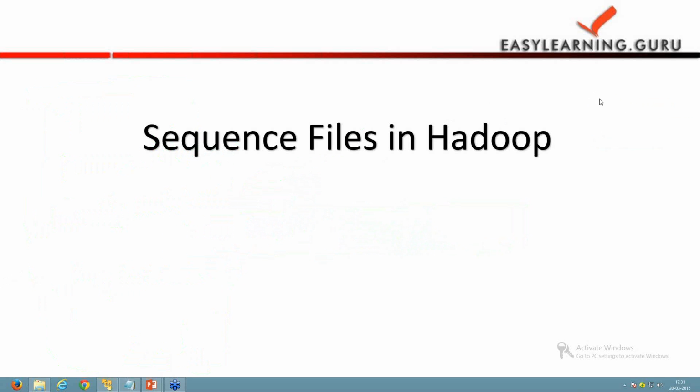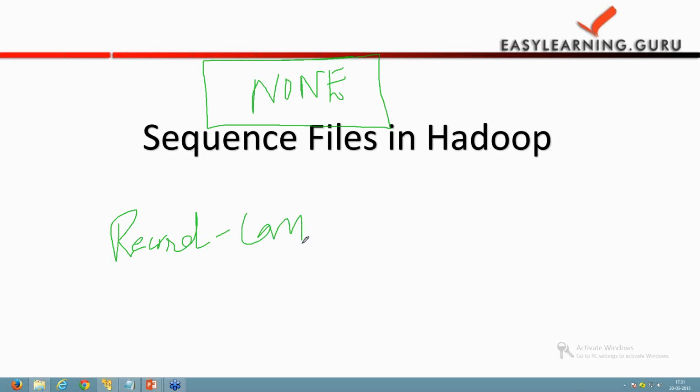The second is record-level compression, where each record is compressed using the codec we choose. Suppose the compression codec is gzip, then each record is compressed using the gzip algorithm. We have compression techniques such as gzip, deflate, and LZO, so you can compress each record using the record compression type.